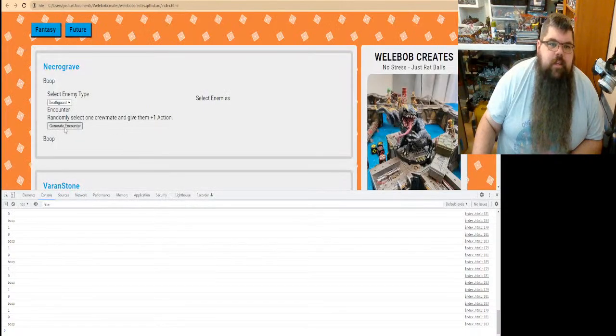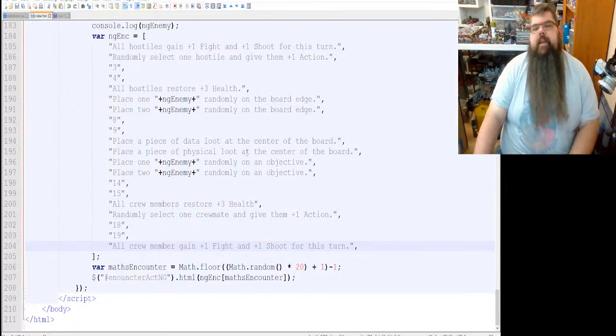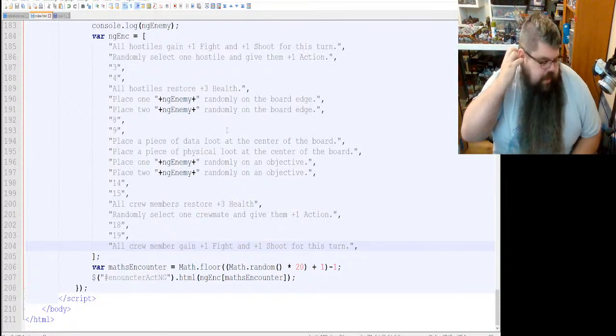Alright, show me 20 is what I want to say. That's 1, so that's good. +1 fight, +1 shoot, that's 20, right? Okay, yeah, I guess I was just forgetting to -1 to convert the number into the array key.